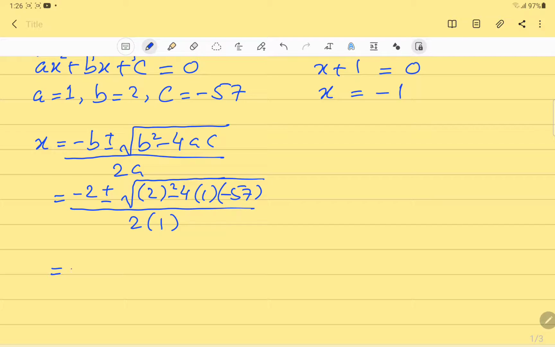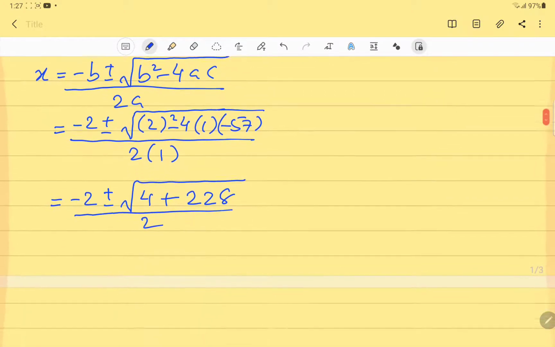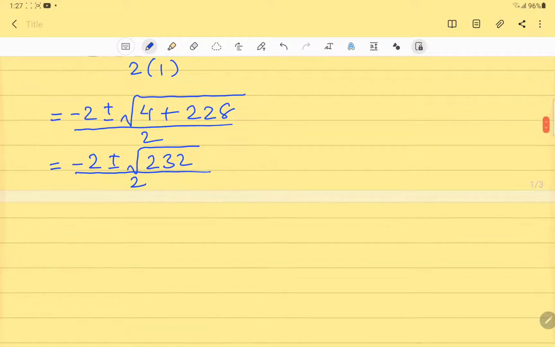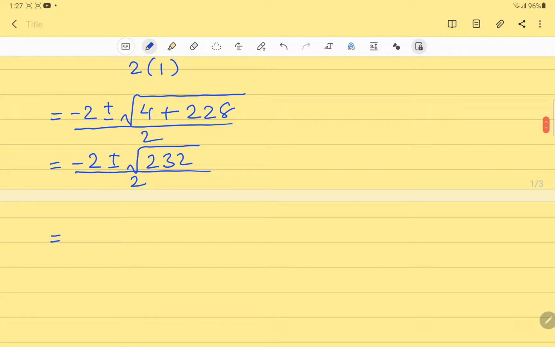Let us simplify it. Minus 2 plus minus square root of 4 plus 228 over 2. Minus 2 plus minus square root of 4 plus 228 is 232, divided by 2, is equal to minus 2 plus minus